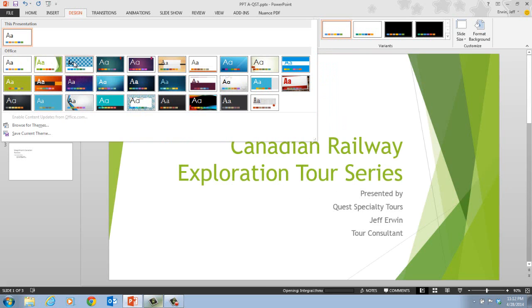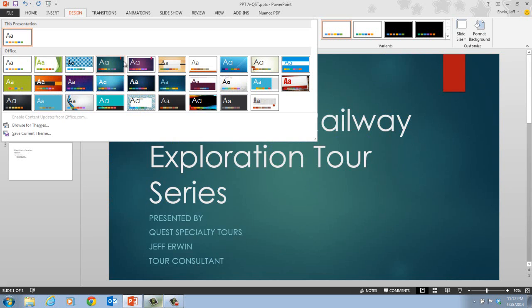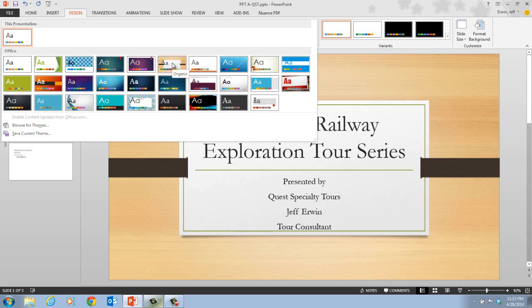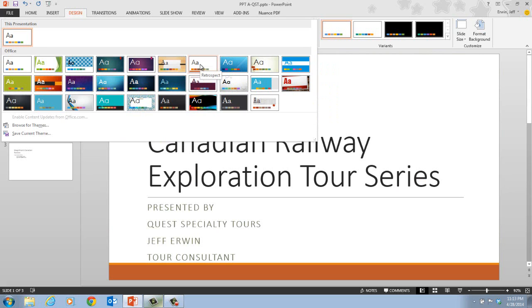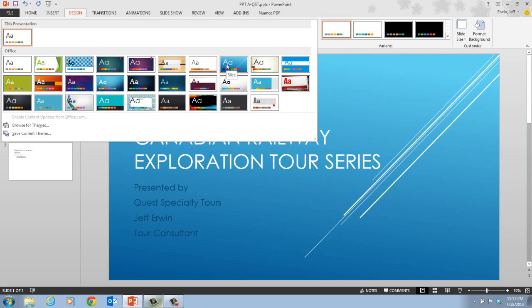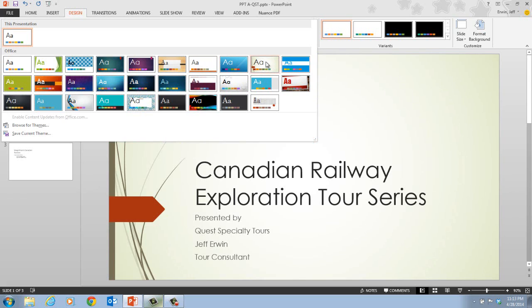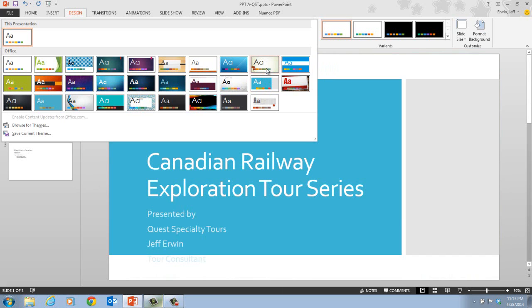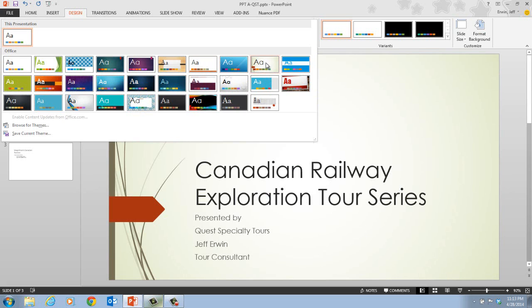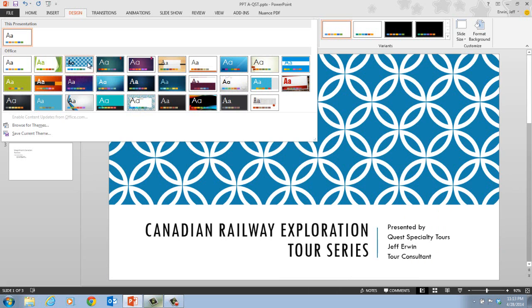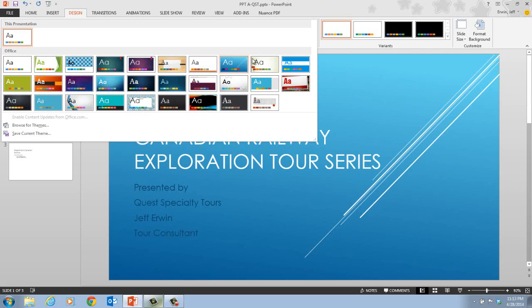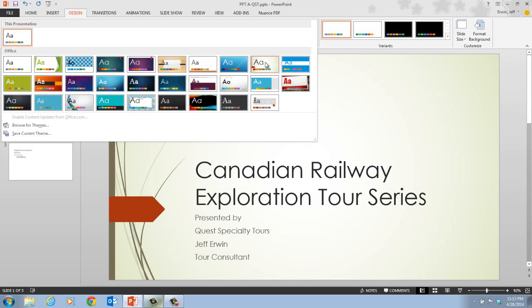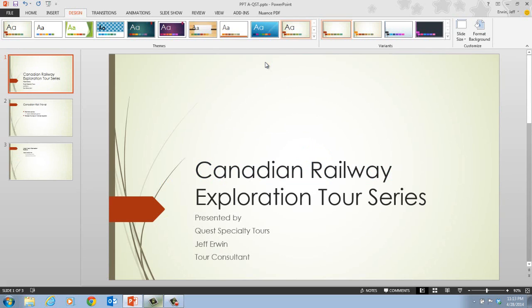Here we have the Office theme, there's the faucet, and we can just go through these and take a look at the different names that we do have. Of course there's the Organic, Retrospect, there's Slice, and here's the Wisp on there. Sometimes they do have these things alphabetically. Other times you do have to go through and just sort through these. But we do want to click on this one right here. So if we count it over, here's 1, 2, 3, 4, 5, 6, 7, 8, 9. It is the 9th row in the first column, or the 9th column in the first row, excuse me, on there. But we want to click on this, and when we click on that, the